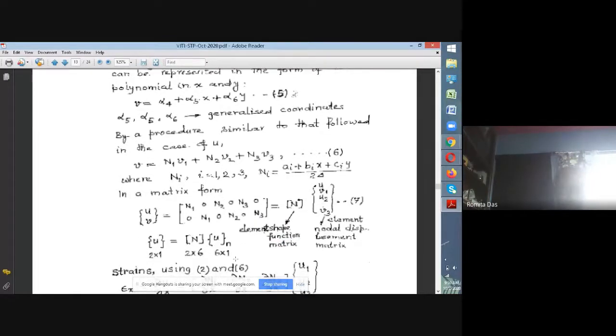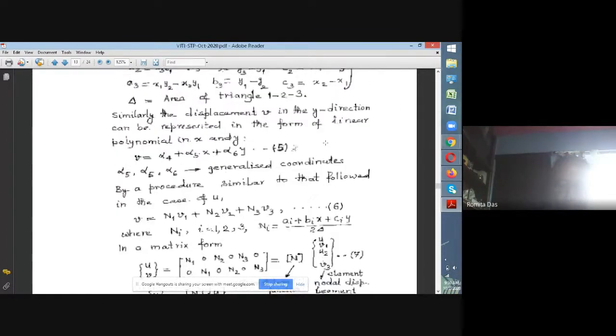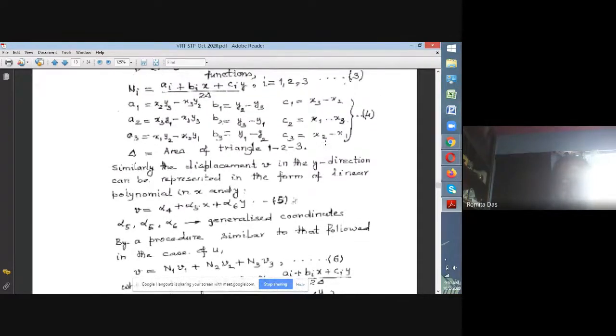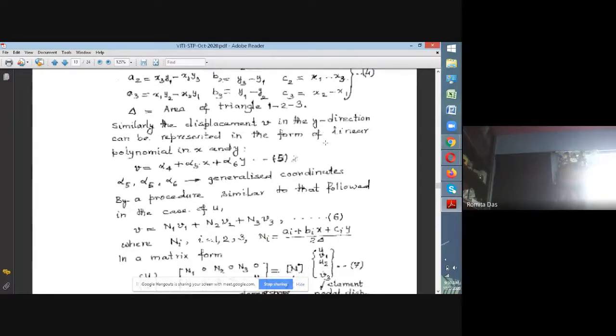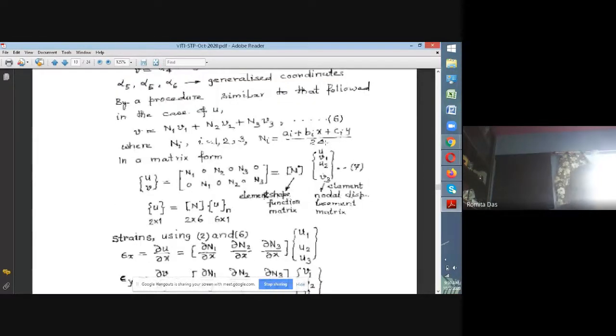So we can write it from the expressions that we have written earlier. See that we have written expression number 3 and then expression number 6. If we combine 3 and 6, I can write that the UV displacement at any point within the element and on its boundary is given in terms of the nodal displacements of the three corner nodes U1, V1, U2, V2, and U3, V3.